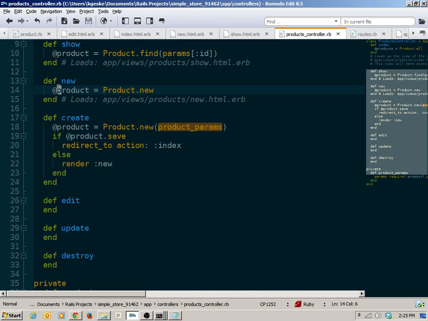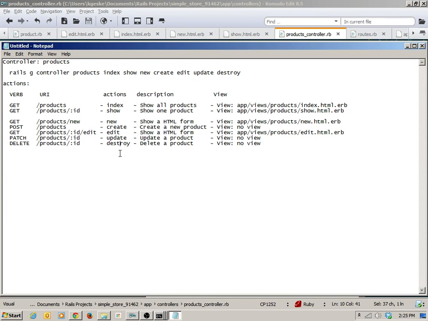Edit is not just like new, it's also specific to a particular entry in our database. So it's sort of like show combined with new. It needs to first find the product that actually is being edited and then load up the view that has the form that it needs to work with. So when I said that we're going to have an edit, I said we'll have it so that the URL will be /product/ID/edit, so that we can be aware of which actual product is being edited. And so I'll go put that